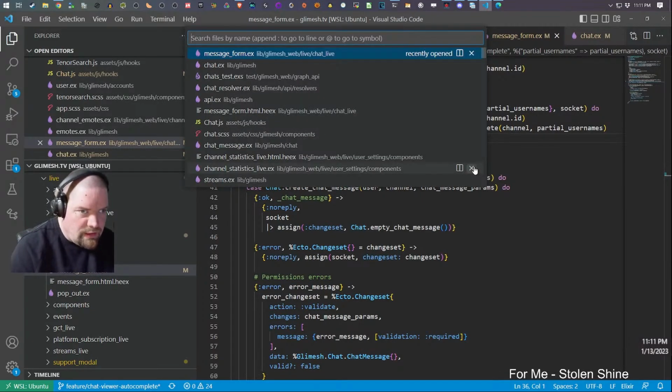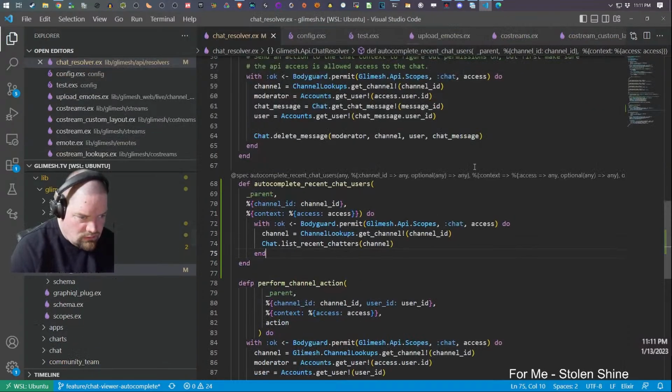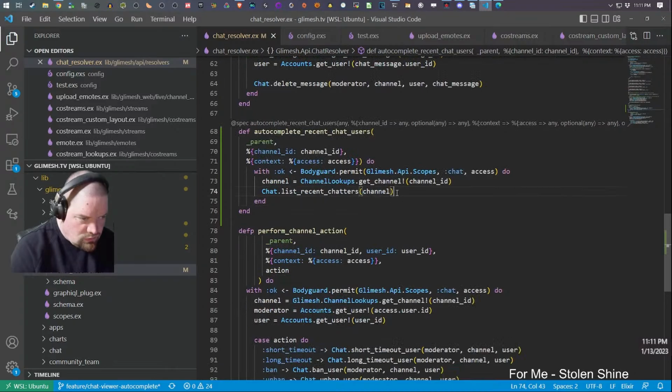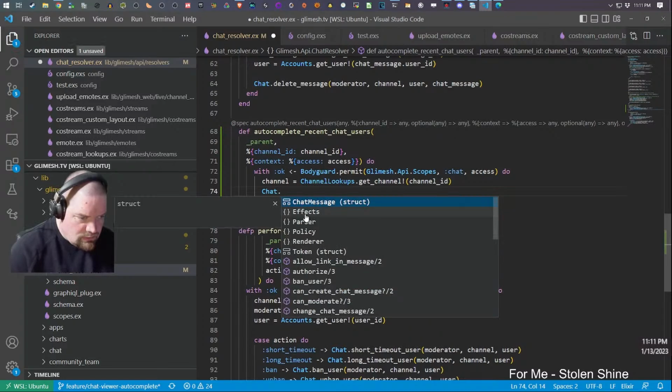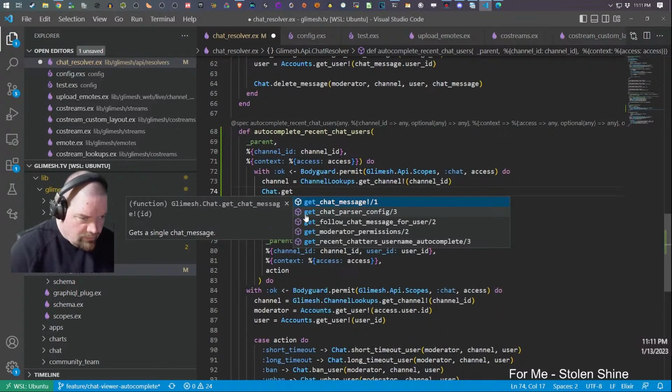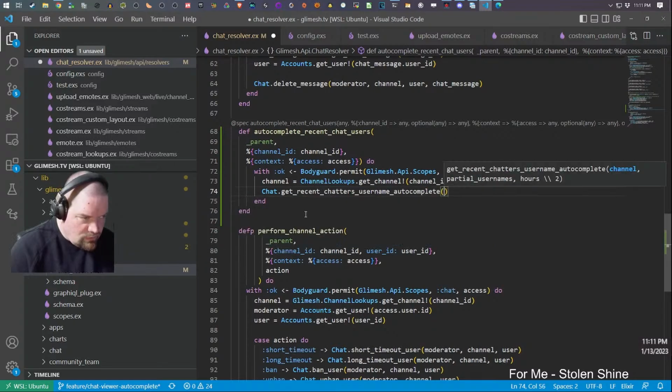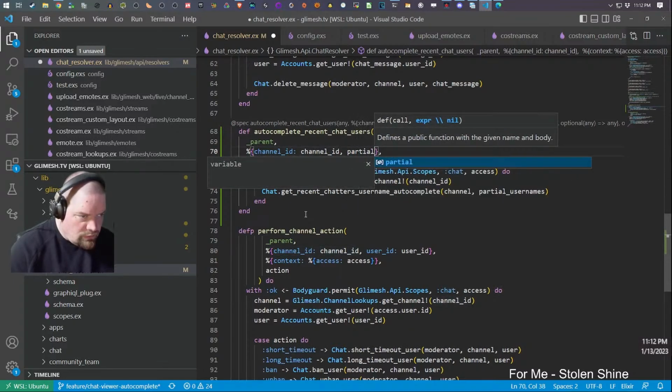All right, let's get that. Which means this turns into chat dot get recent chatters username autocomplete channel partial usernames. Okay, then this will be partial username.